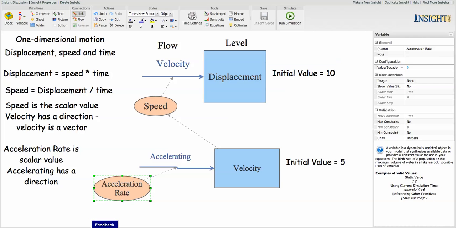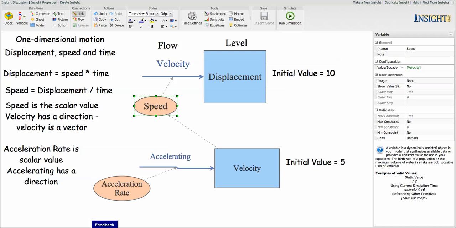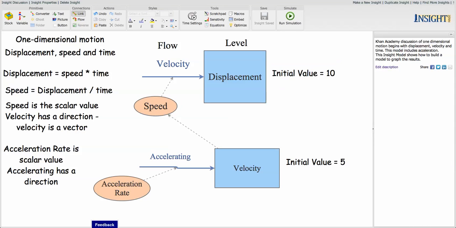whatever it is that we're going to move. It could be gravity, if gravity's acceleration rate could be something being dropped, or we could be talking about something being moved, like a car or a train or something. And here I've started with the initial value of 5 for the velocity, connected that to the speed so that the speed is still 5 as in our last